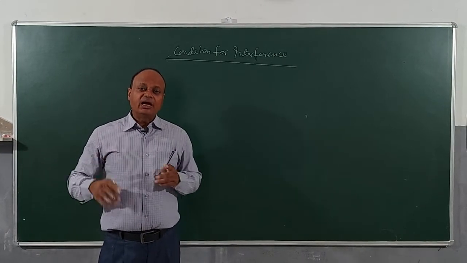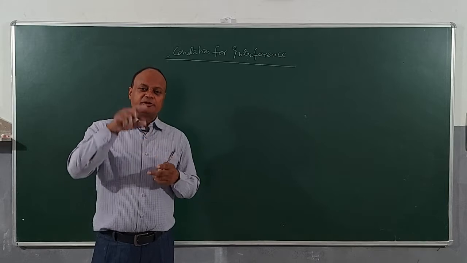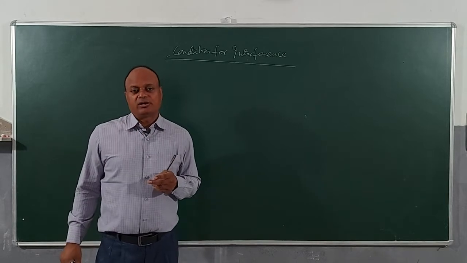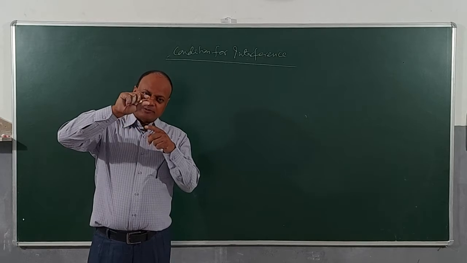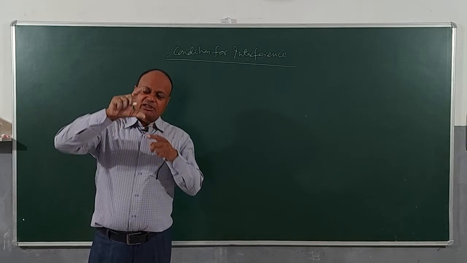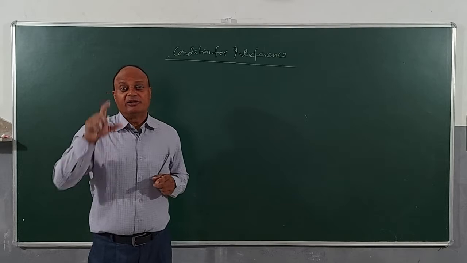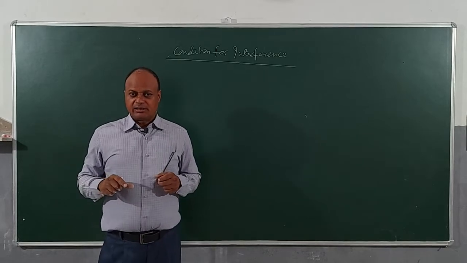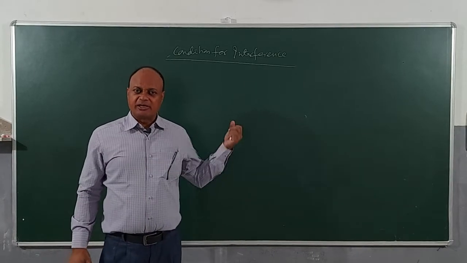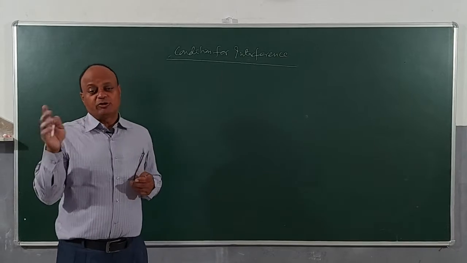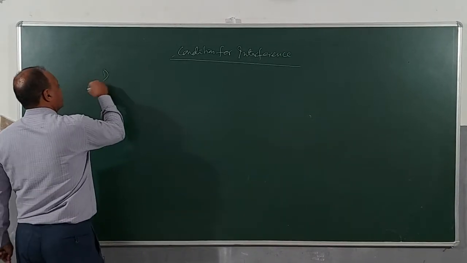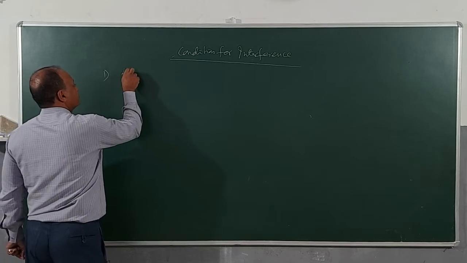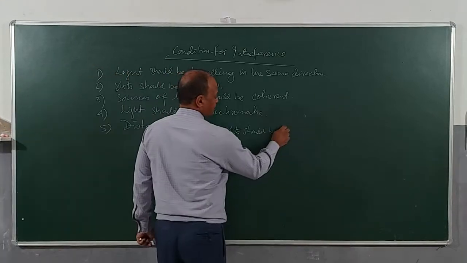Clear? And then the distance between the slits should be small. If the distance between slits is large, then actually the fringes will be blurred. Understand? So these are some of the conditions, we will be writing them. And light should be travelling also in the same direction, keep in mind. Okay, so let's start writing. First, light should be